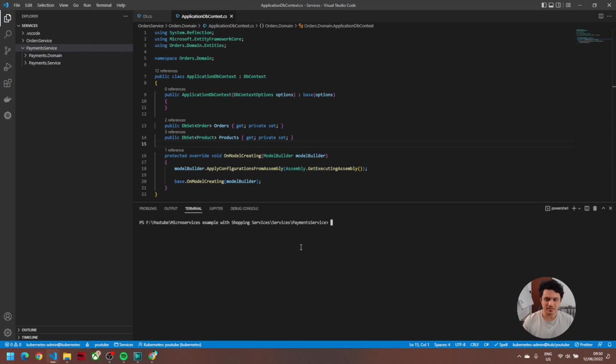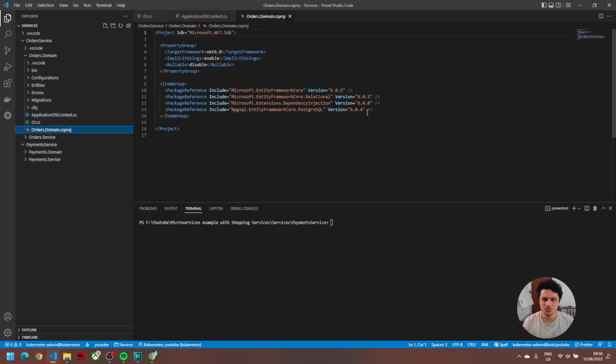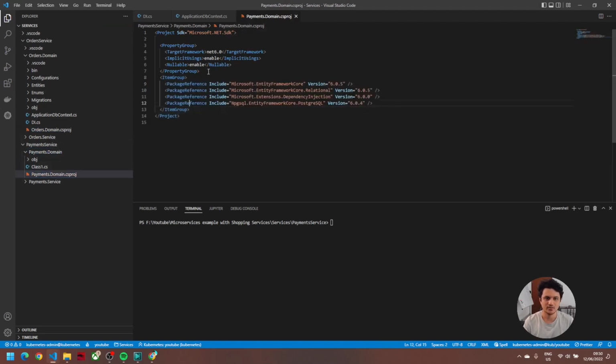You can create templates and then use them. But for now, these are simple, so we can just set them up quickly based on whatever we have added here. This will be as simple as just getting this and then adding it here